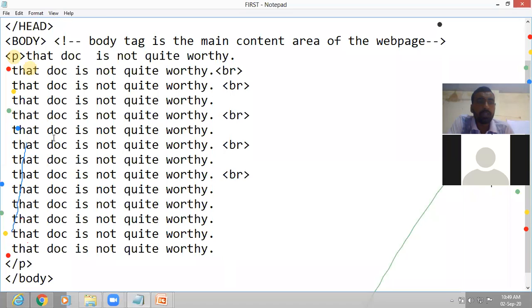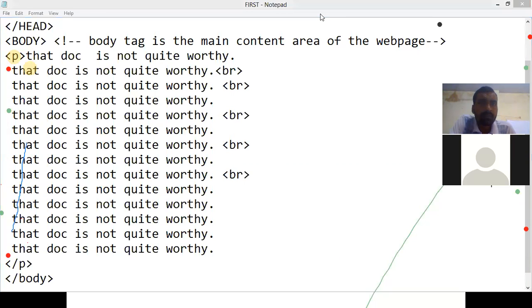Suppose here we want to use the HR tag. Sir, tell them not to write on the screen. Who is writing on the screen? There are some students who are writing on the screen. Let me stop this sharing. Yellow, red, green is there. Who are writing on the screen?